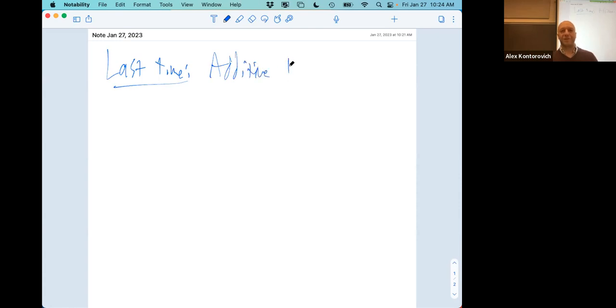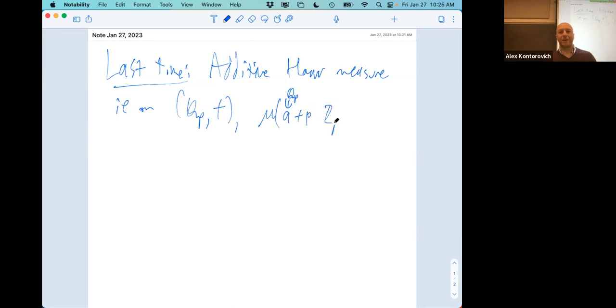We did two integrals, one with additive Haar measure, that is, on Q_p, together with the additive structure, which we said should measure, if I have some random point in Q_p and I take Z_p and I shift it either forwards or backwards by some power of p, then the measure of that should be just like the p-adic absolute value, p to the minus n. And that'll make Z_p, this compact set, have measure 1.